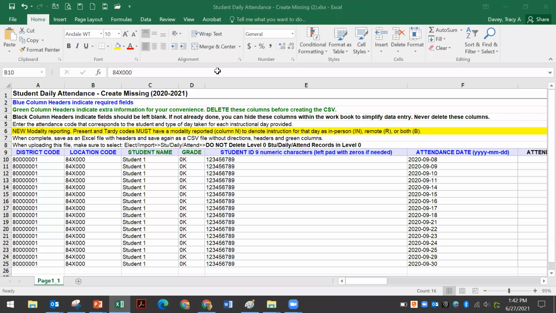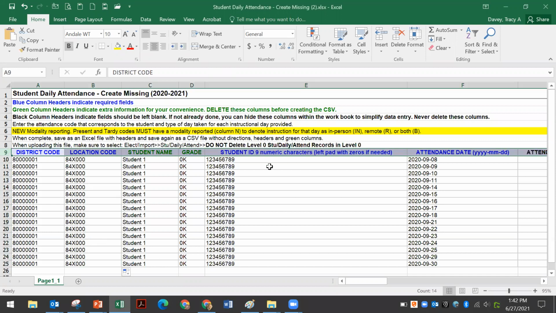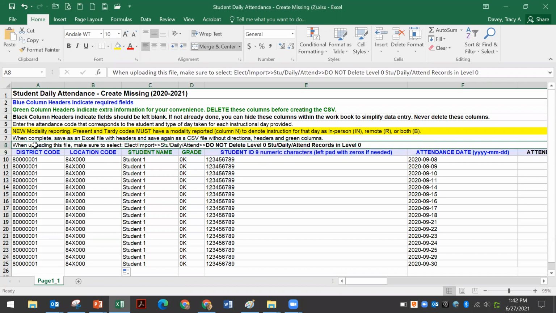Okay, here is an Excel file with fake data. And we have directions at the top. We use the same kind of lineup whenever you see the headers. Anything that is blue has been changed to blue to catch your attention, to make sure that you understand that it's a required field and you have work to do in that field. Whenever you see a green header, it means that this is extra information that is for your use to make